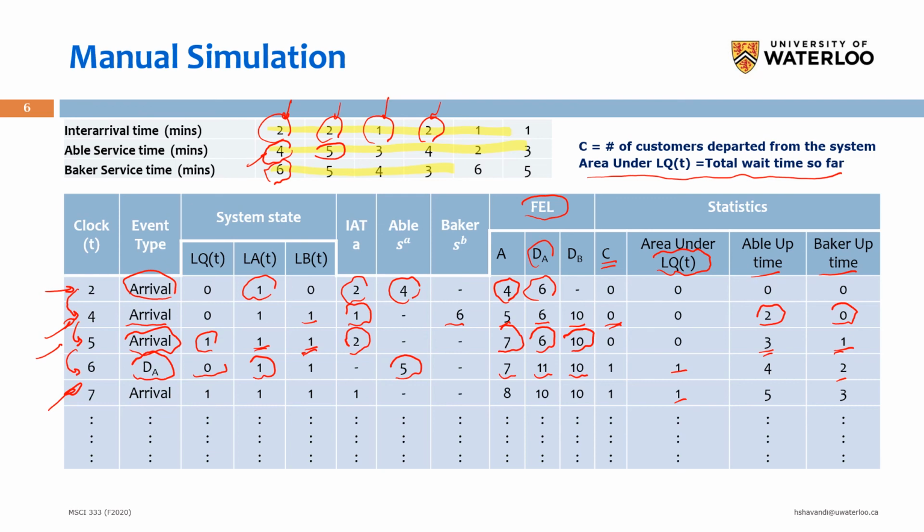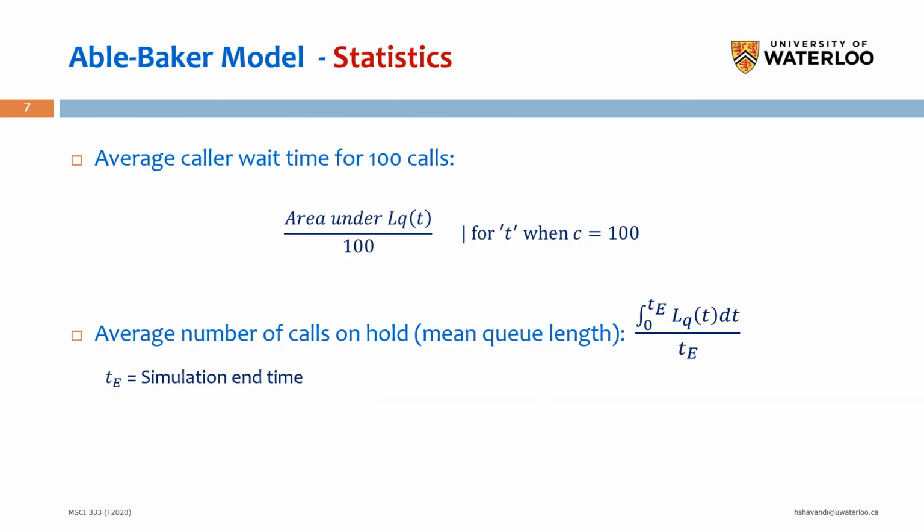Okay. And as for performance measures, average caller wait time for 100 calls, we can again take the area under LQT and divide this by 100, the total customers. And if we divide the area under LQT by TE, I mean the time of the last customer departed the system, which we call TE, then it will be the time-weighted average number of calls